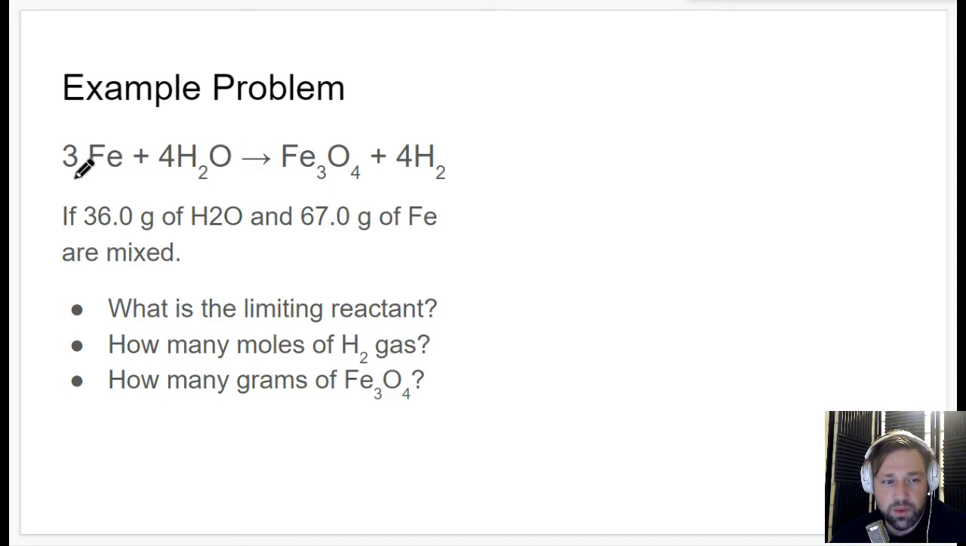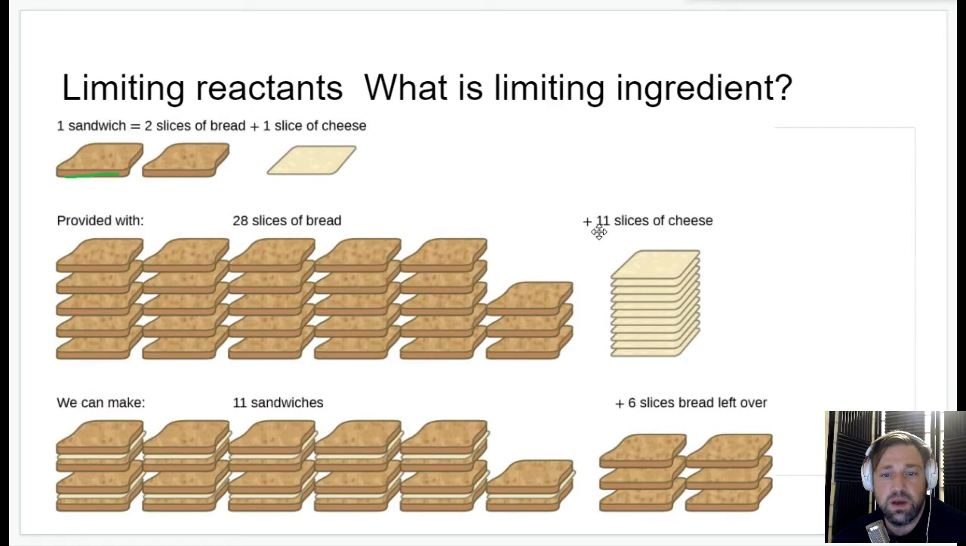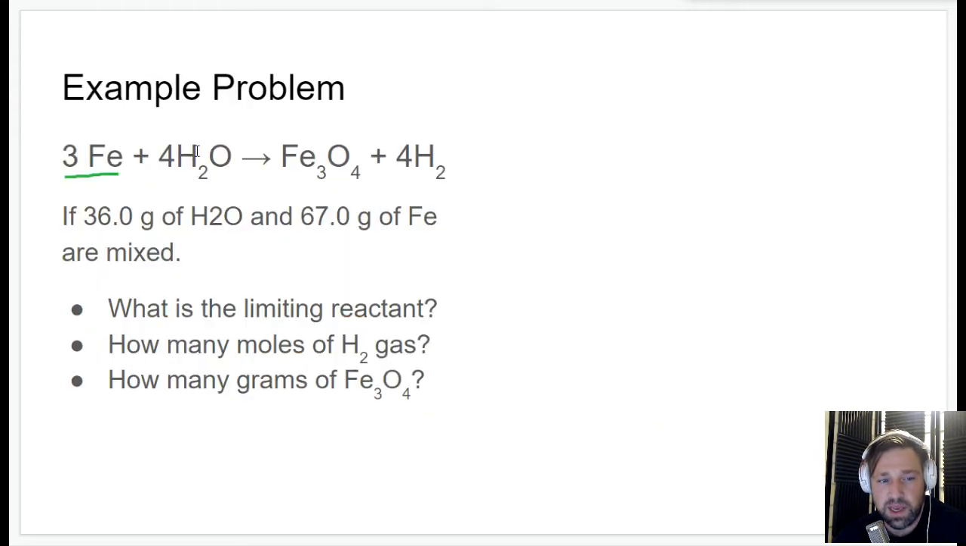Well, we know that all of this limiting reactant is going to get used up. If we're talking about sandwiches, we know that all 11 slices are going to get used up. But we're going to have some amount of bread left over. In the sandwich example, it's pretty easy. There's going to be 6 slices of bread. This is a little bit more complicated, a little bit harder to think about how much water is going to